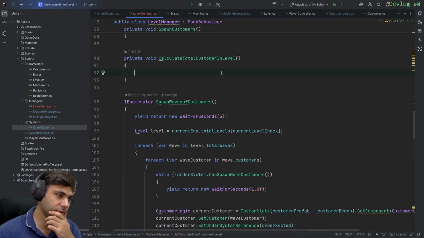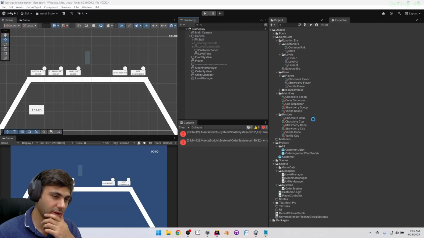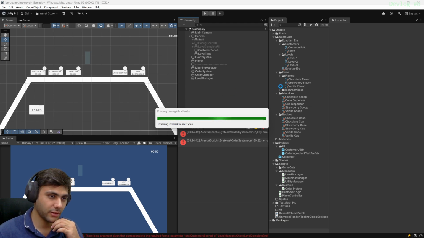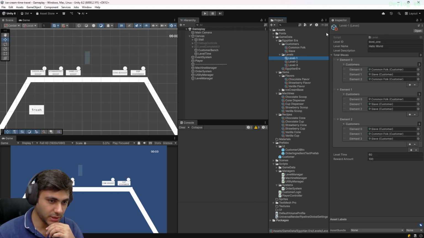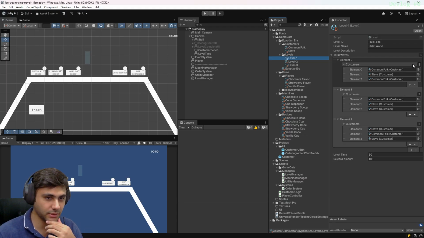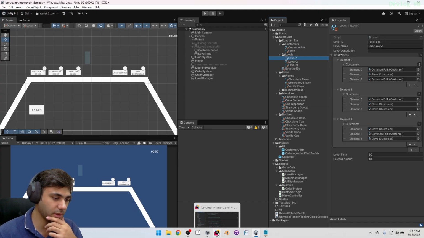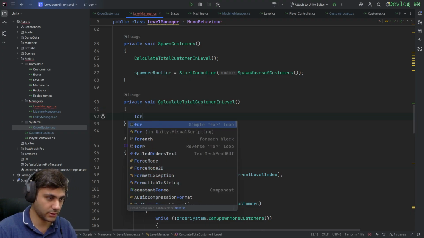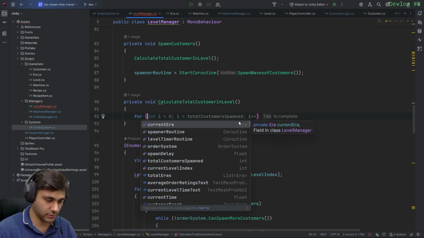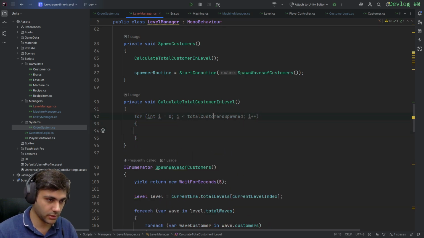I can do a little hack and just take another variable and say total number of customers in this level, and just say 3 plus 3 plus 3, 9, and just say this. But let's just calculate this. It should be